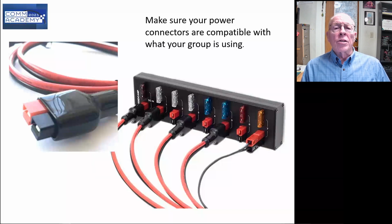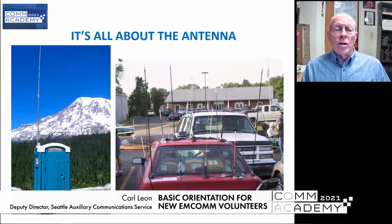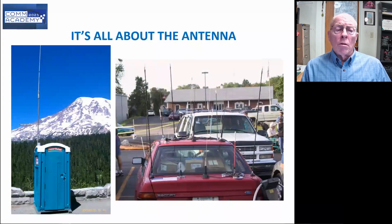What makes the biggest difference in good communications range? The antenna. It's all about the antenna. Okay, this is a little ridiculous maybe, but it's not when you get into the details. The picture on the left shows a high quality mobile or base antenna, a ground plane, omnidirectional antenna on a 10-foot mast,